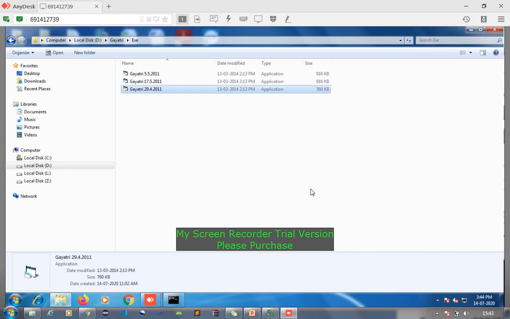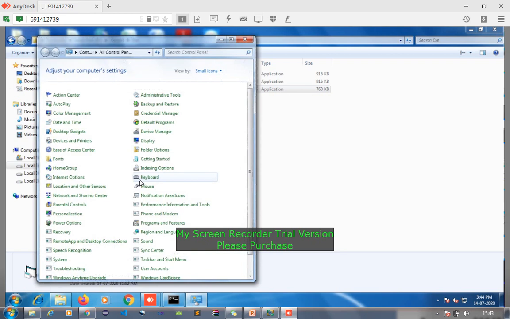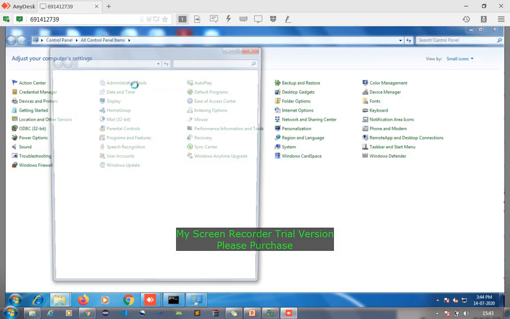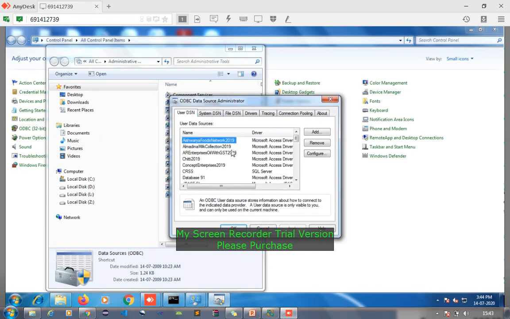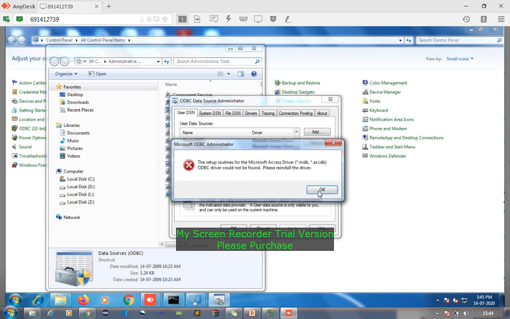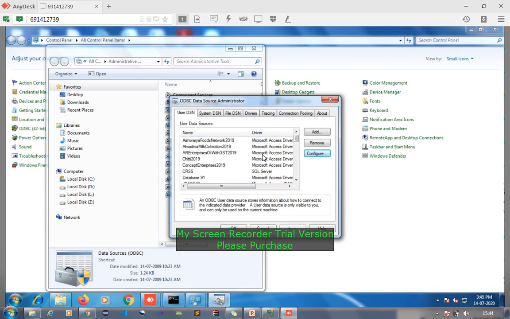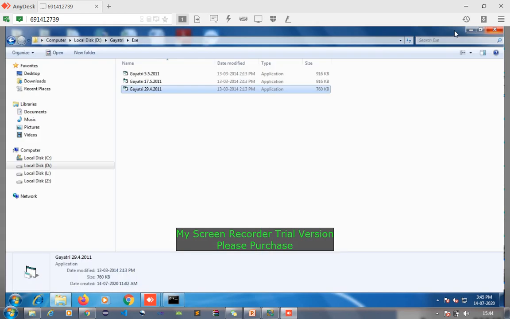Fine. So after this, what can we do? Again we can go into ODBC and correct the database password. It is not showing me properly.